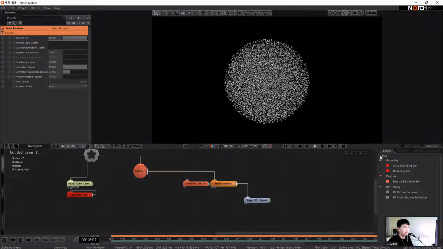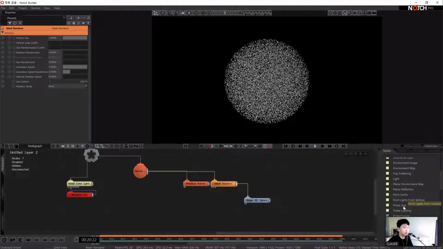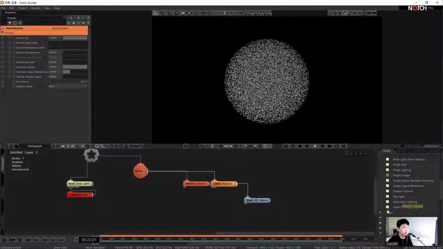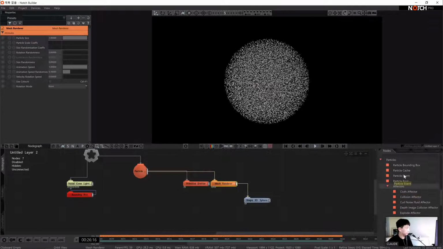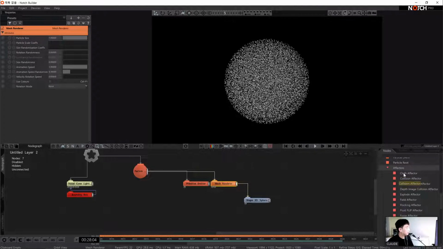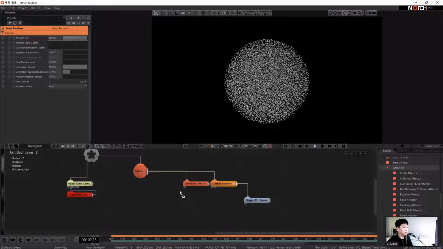And I'm going to explain about the fluid simulation with the particle system. There are all the effectors. So there are 3 fluid simulations in the particle effector: colloid fluid, fluid flip, and SPH effector. First, let's add a colloid fluid effector